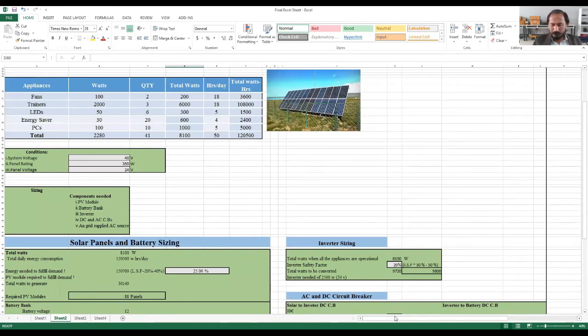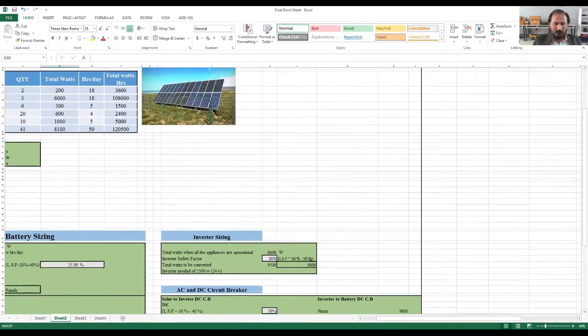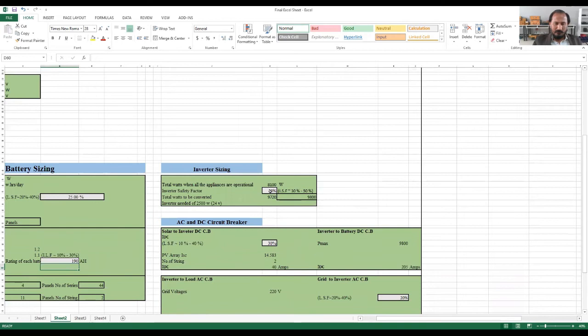Similarly, if we talk about inverter sizing, it requires 9800 for 10 kilowatt. We need a 10 kilowatt inverter for a 48 volt system. Here we will change that, we need approximately 10,000 watts.